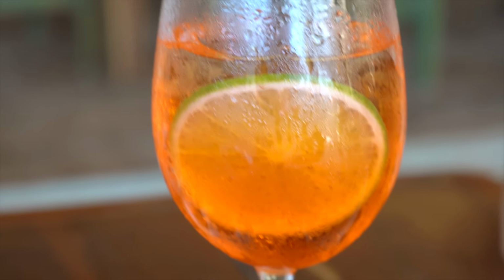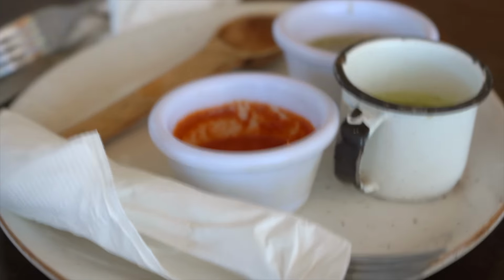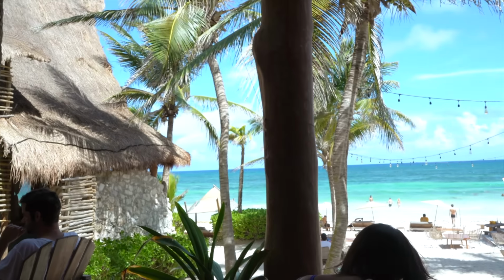And then I've got passion fruit juice. She's got a spritz. Oh my god, look at those colors on that spritz, man. Oh my gosh. Doesn't get better than that. And some homemade chips and tomato sauce, and oh my god, we're living the life right now. And this view, well, I'm not making the view, but